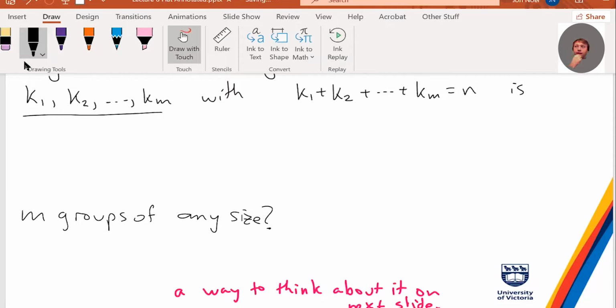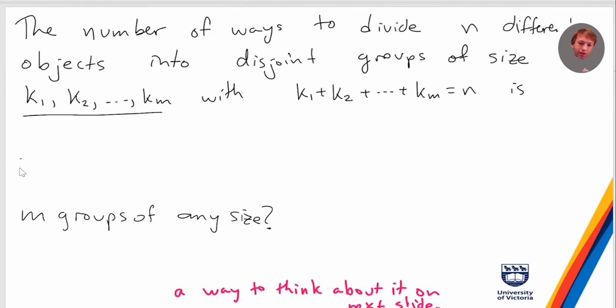So like I've got the first group, the second group, the third group, and so on. Yeah, because otherwise I don't want to make that too ambiguous. So I'm going to put some of them into the first group, the second group, up to the nth group. So if the groups have any size, I think this answer in the chat is coming from a good guess of n minus 1 choose m minus 1, but it's not quite